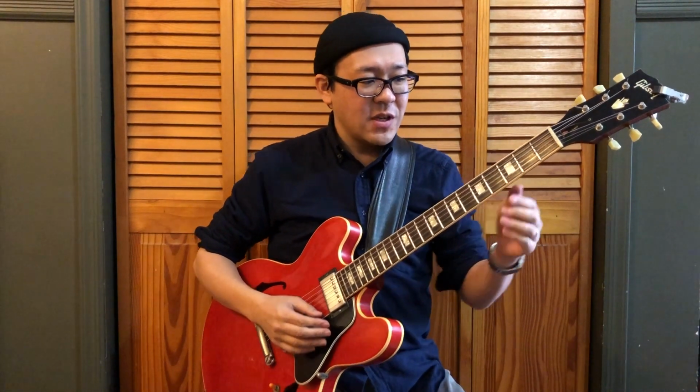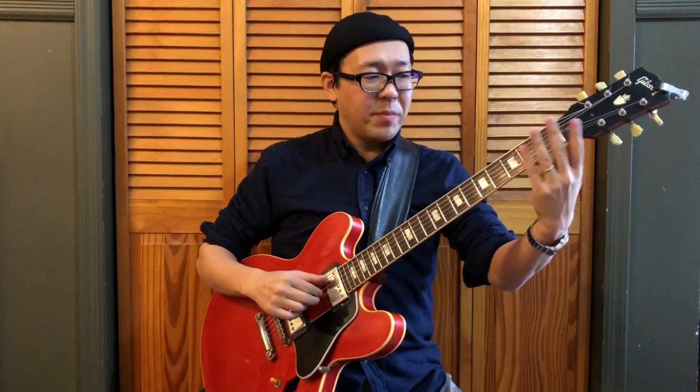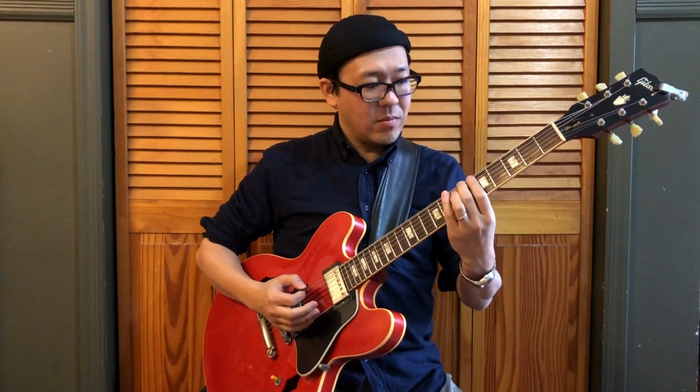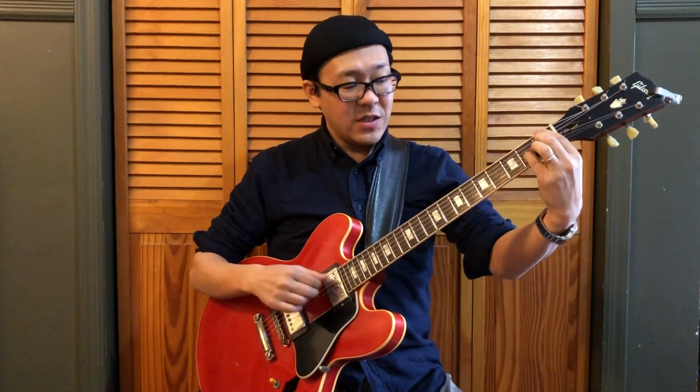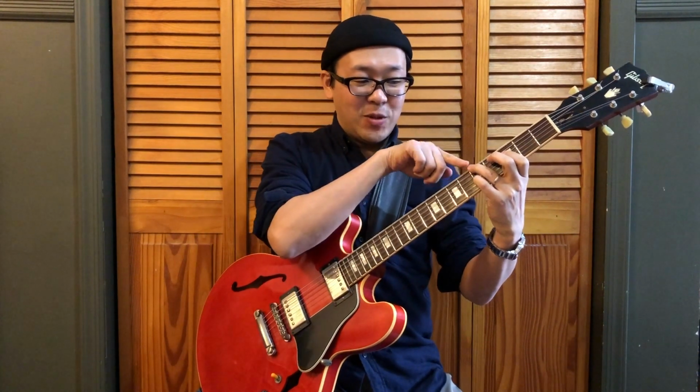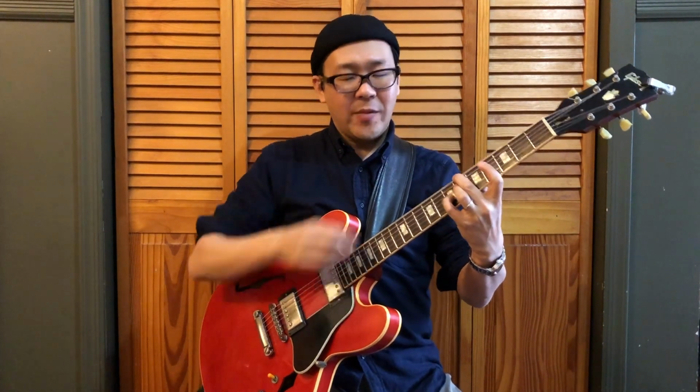Okay, you could also do this. So that bass note, the A, is the third of F7. So you can think of this as the root, and then you approach, like a temporary approach to the first inversion of F, and then go to B flat 7. So like